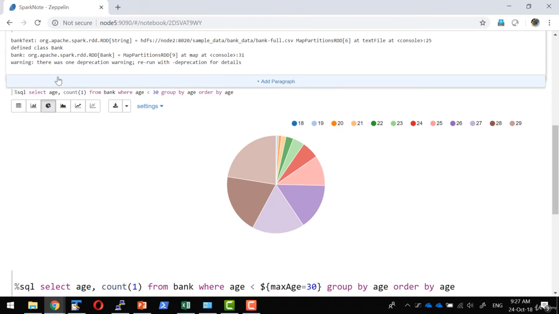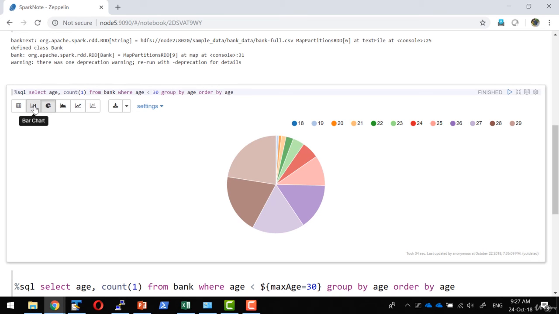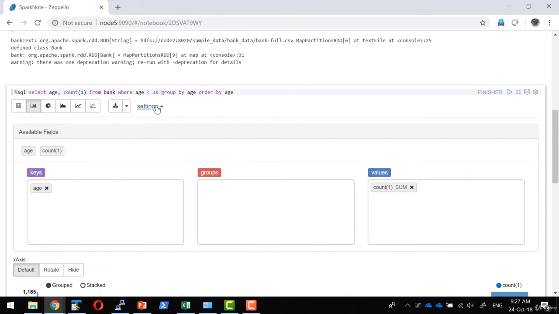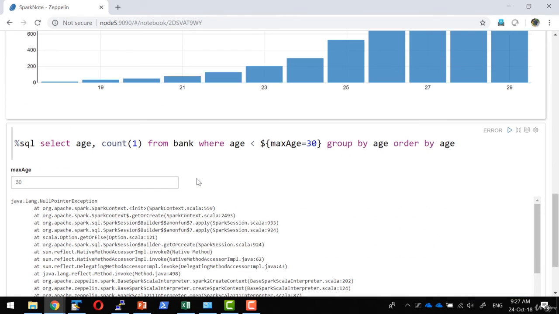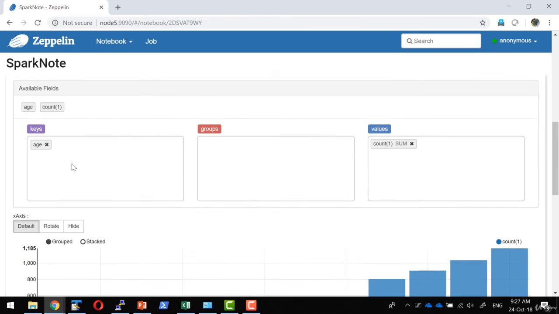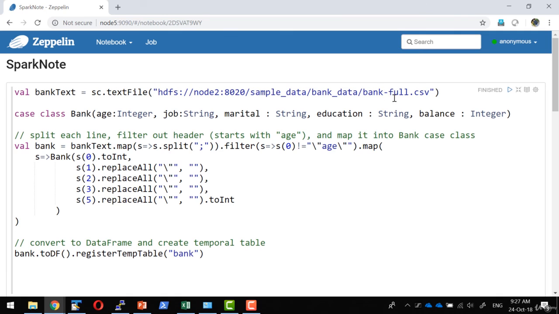I can do a visualization on the result that I have got, whatever different type of visualizations. In case if I wanted to do a pivot chart, I can do a pivot chart, how I wanted to group, what type of visualization I want, and I can run various queries. And this particular notebook can be stored as a report, as well as it can be shared with other users